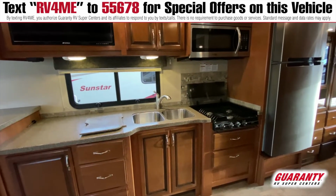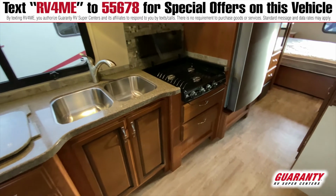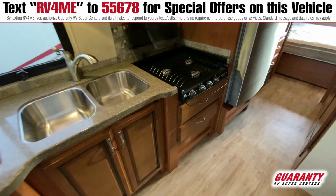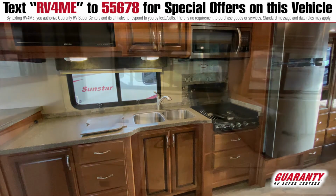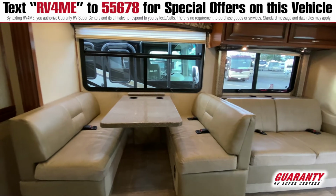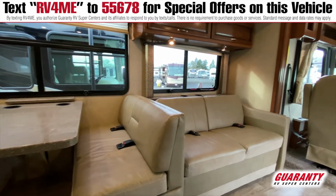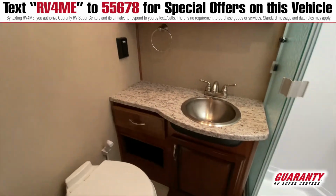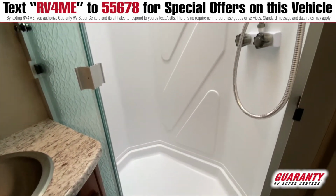As we look over towards the kitchen, great counter space, lots of storage, nice 3-burner cooktop, big double sink, nice microwave up there, good size refrigerator, awesome dining area, nice little bench dining area, and then it has a couch as well. As you head towards the back of the coach, good sized bathroom, lots of closet space with a